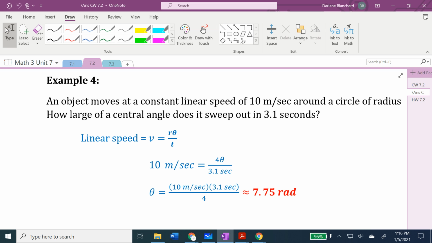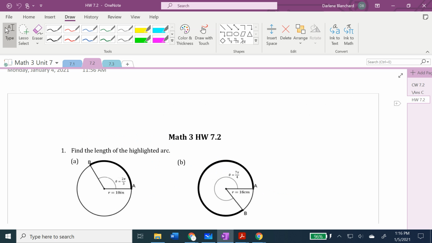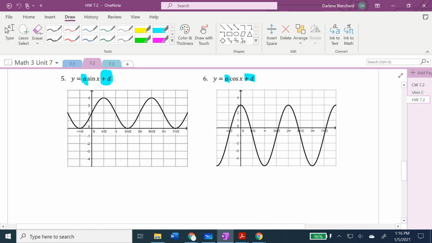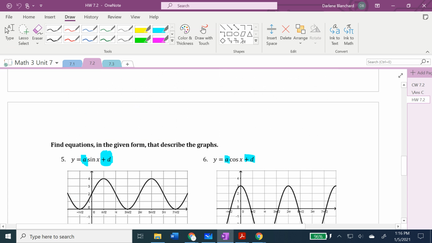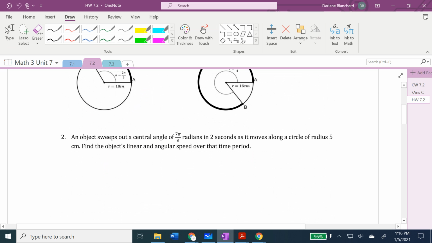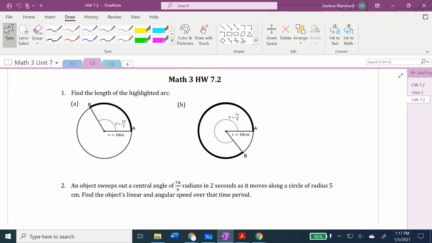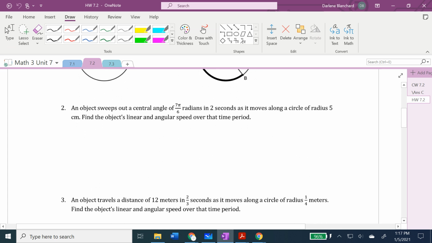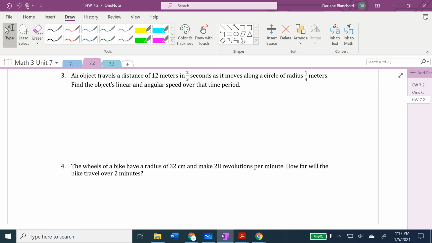Okay. So for your homework assignment on 7.2, that is due today. And I had gone over some of this with you yesterday. So you're going to need to make sure that you can find the arc length using the formula that arc length is radius times theta. And then 2, 3, and 4 are both questions that are application problems. Okay, I'm going to